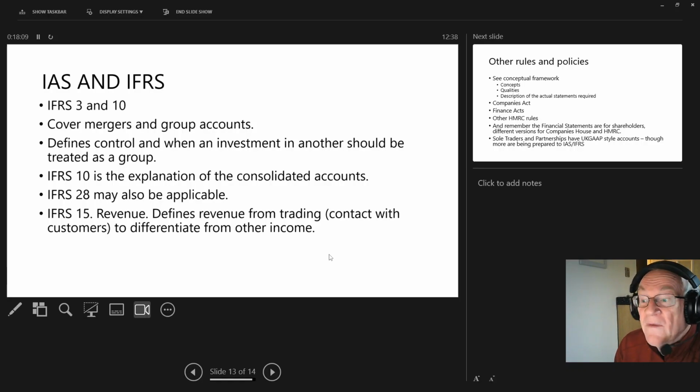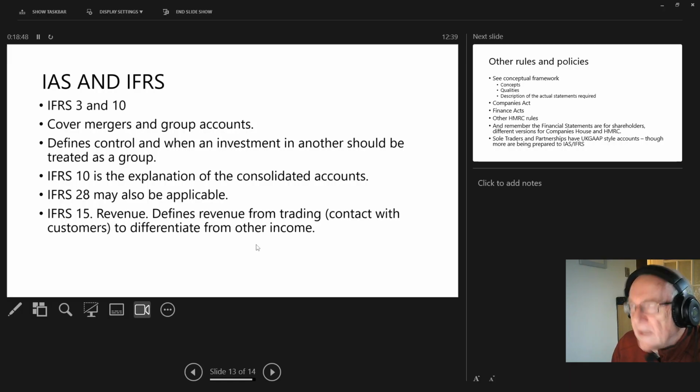And then one last one, revenue. Revenue seems a simple concept. It is actually relatively straightforward, but somebody has to write it down on paper and explain it. For most companies, it's clear. If you're Tesco, your revenue is what people pay through the tills. That's nice and easy. However, for other companies, investment companies, their income comes from different places. Of course, you will get bank interest received for some small companies, interest on reserves and other investments if you've got money invested in other companies, and that's not revenue, that is other income.